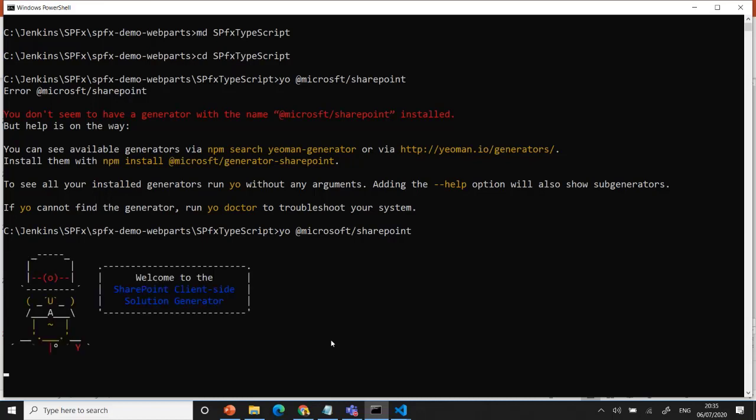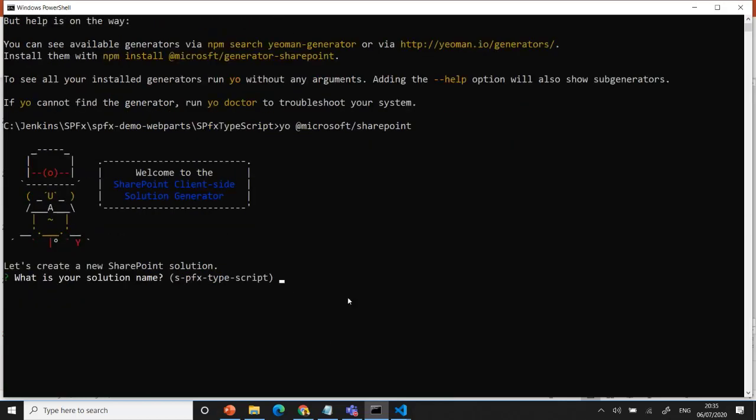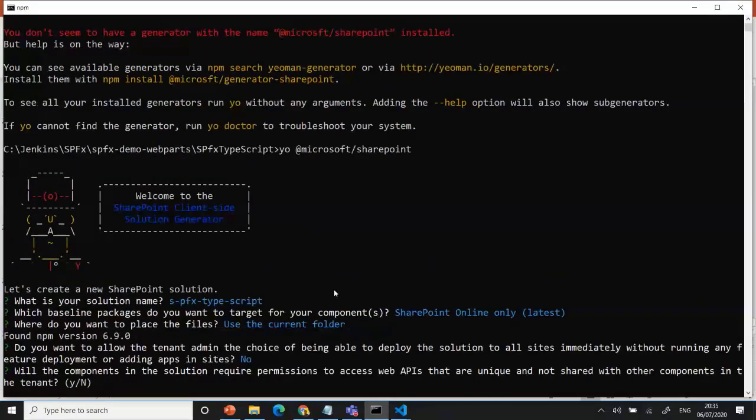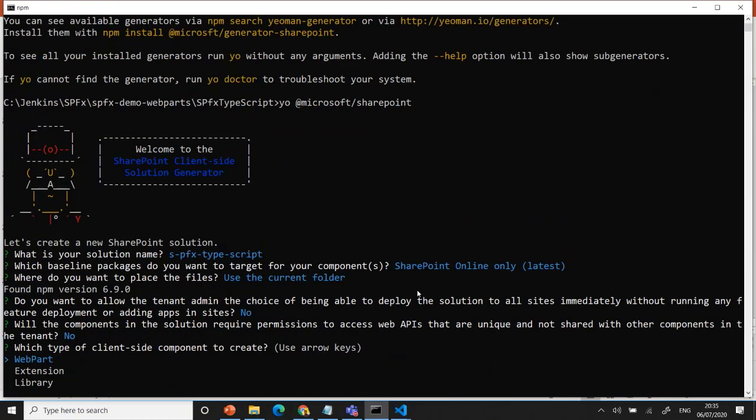It's a Microsoft solution, and that's the project solution name. I leave it like this, and then I go with the current folder I'm using. I'm not going to use any permissions because I do not use any Graph here now. So I choose no, and then I choose web part. I'm just creating a new web part.